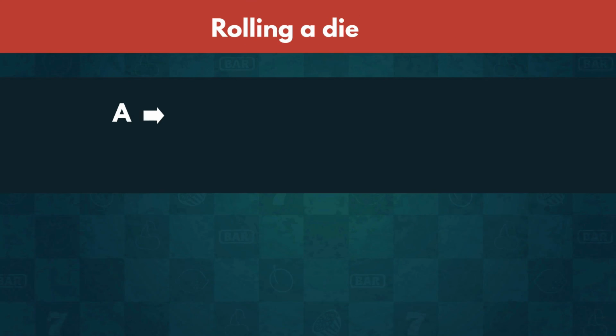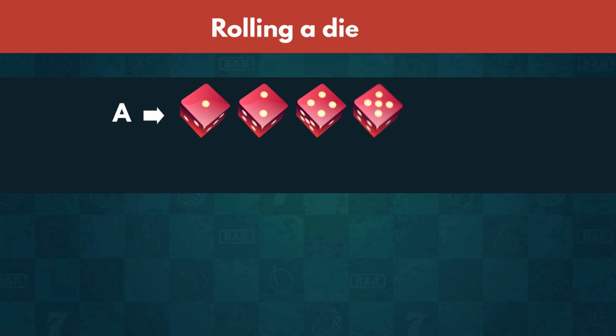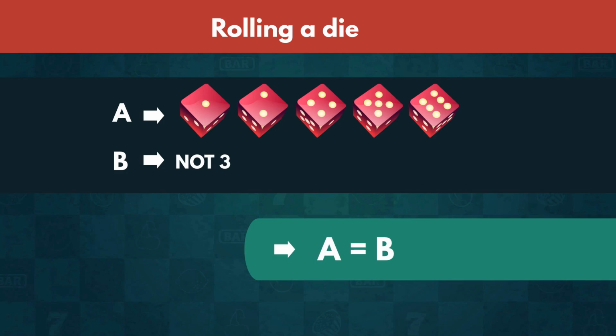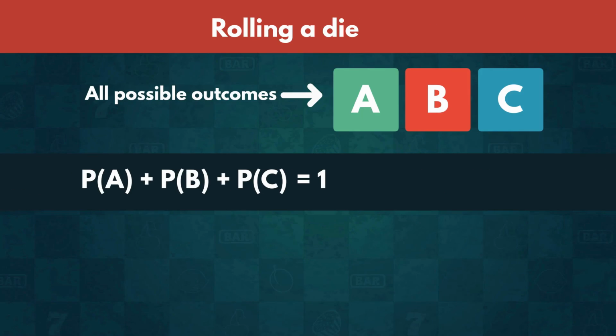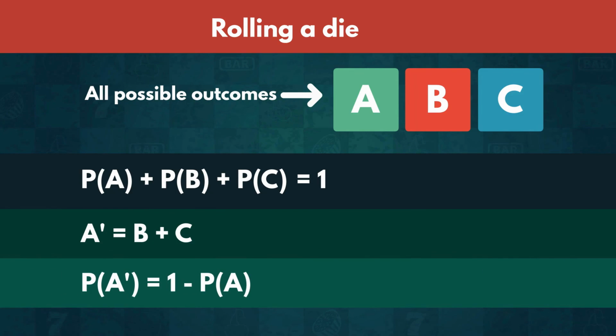Complements are often used when the event we want to occur is satisfied by many outcomes. For example, you want to know the probability of rolling a 1, 2, 4, 5, or 6. That is the same as the probability of not rolling a 3. This concept is extremely useful. We already said that the sum of the probabilities of all possible outcomes equals 1. So you can probably guess how we calculate complements. The probability of the inverse equals 1 minus the probability of the event itself.